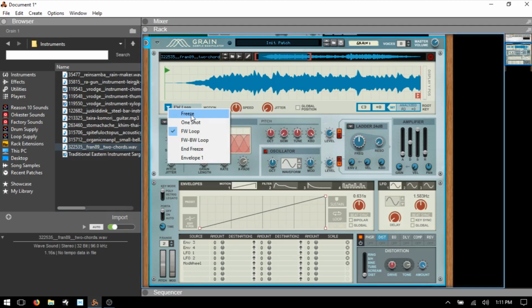We'll start from the top, and we have freeze. Notice that our markers have changed a bit here. First of all, our end marker is gone, and our start marker, the flag, has been replaced by this pause symbol. So in this mode, we can position our marker anywhere within our waveform, and it's going to play at that static location. So if I go ahead and trigger this with my MIDI keyboard,